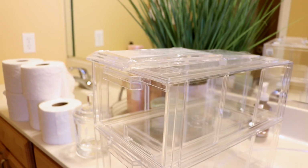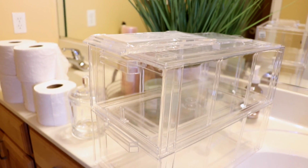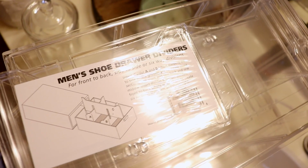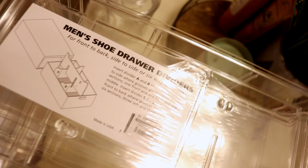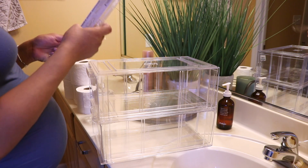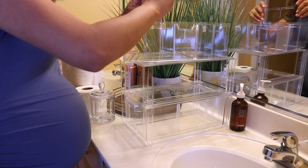Out of all of the storage cases that I'm going to share with you guys, these two are my absolute favorite because not only are they a decent price, I believe they're around $12.99 from the Container Store, and you can also add these dividers right here. They're the men's shoes boxes. I'll have them linked down below so you guys know exactly which one to get,